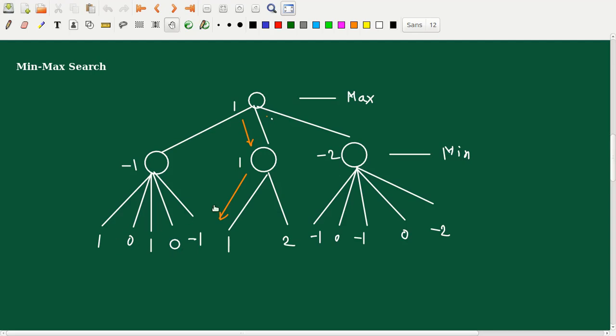And at this particular node we should bring a minimum value, and at this particular node we should bring a maximum value. Whenever we play, we try to maximize our game, and then our opponent plays and tries to make our game minimum. So I am bringing the minimum value here out of these 4 nodes, out of these 2 nodes, and out of these 2 nodes. Each root will have a minimum value at this level. So I am fetching -1 here, 1 here, and -1 here, out of these particular 5 nodes.